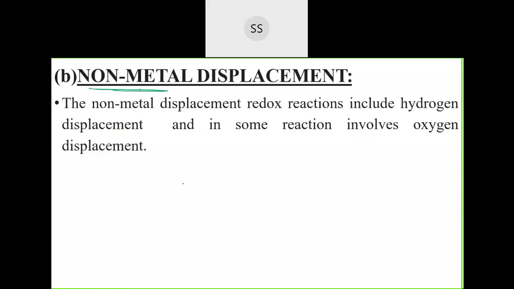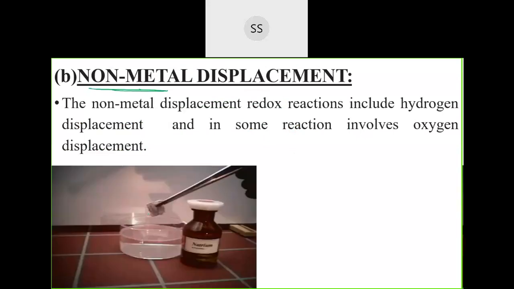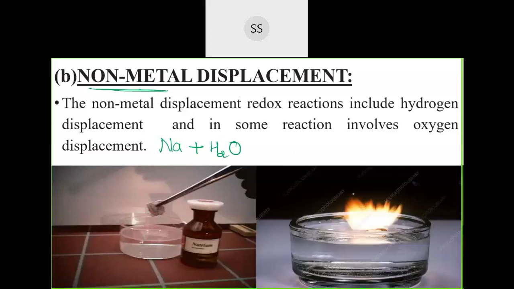For example, sodium hydroxide formation. You know, when sodium metal is dropped in water, you know what happens during the reaction, correct? If I drop sodium in water, it's an explosive reaction where the sodium will burn out, and during the process you will get sodium hydroxide and hydrogen gas will be released. So there is formation of sodium hydroxide, and hydrogen gas will escape out. That escaping hydrogen, due to the high amount of energy released, burns out, and you see the fire coming out over here.